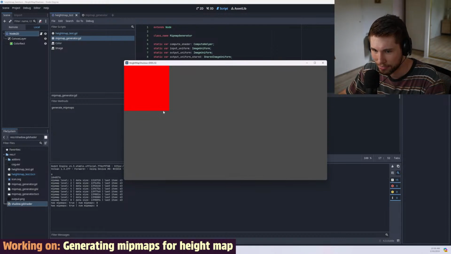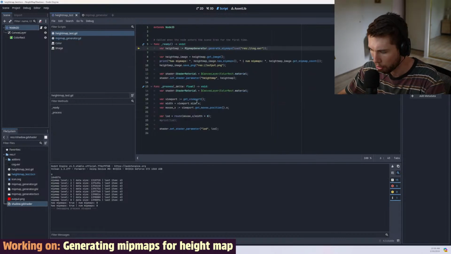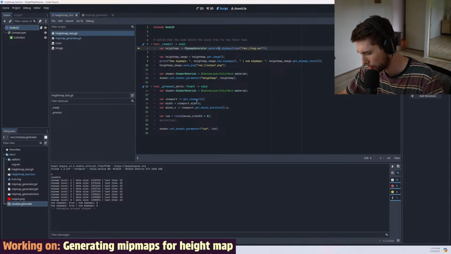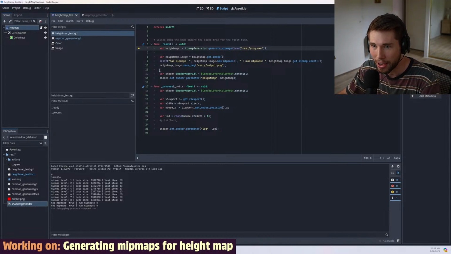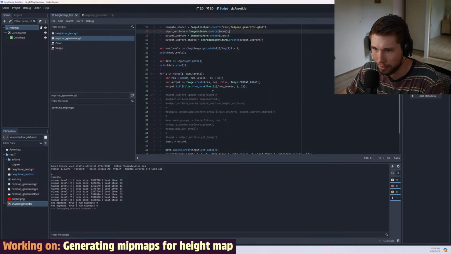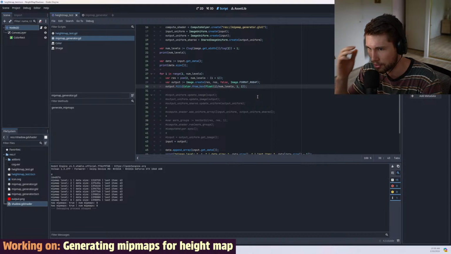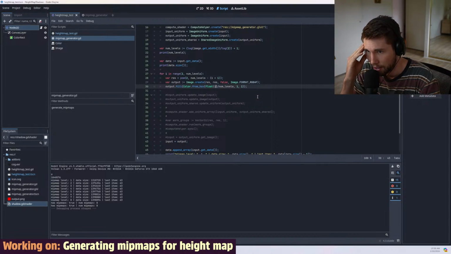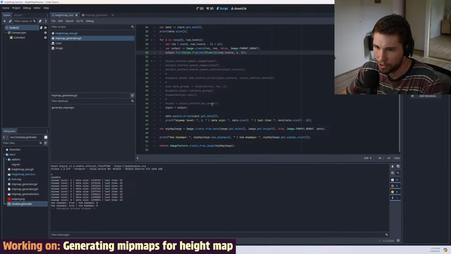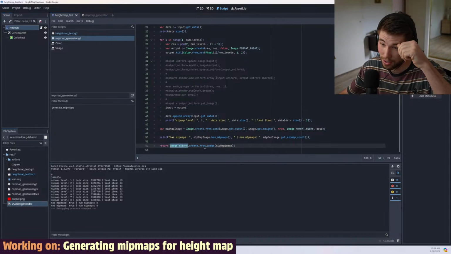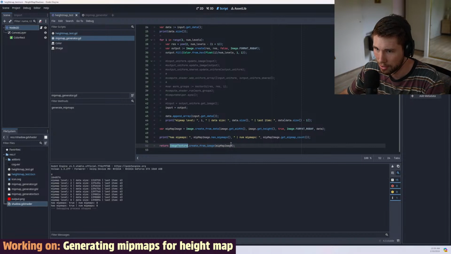Yeah, shit. Okay, so it's still just red. So it's not. Oh, I nearly spilled my tea there. I should put it in a less silly spot. So it's not integer division that is causing the issue, I don't think. Must be something else that's going on, and I'm worried that it's just this create from data somehow, or maybe it's when it gets turned into an image texture. I wonder if I can just